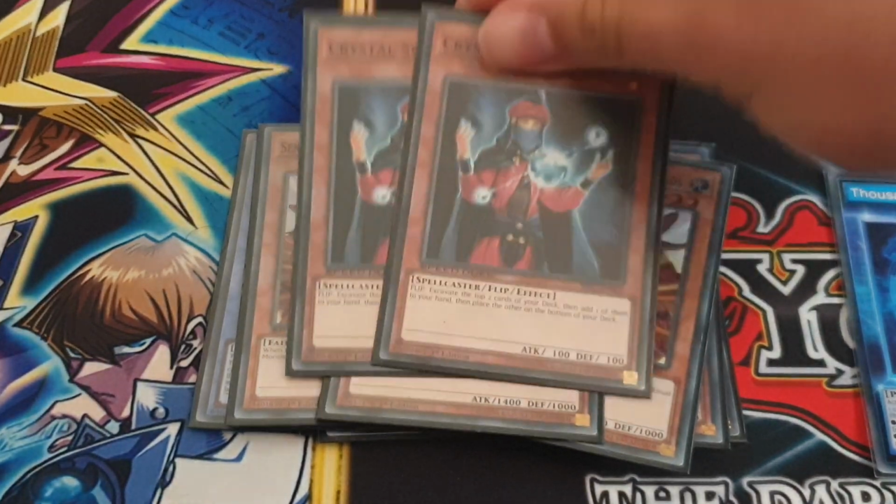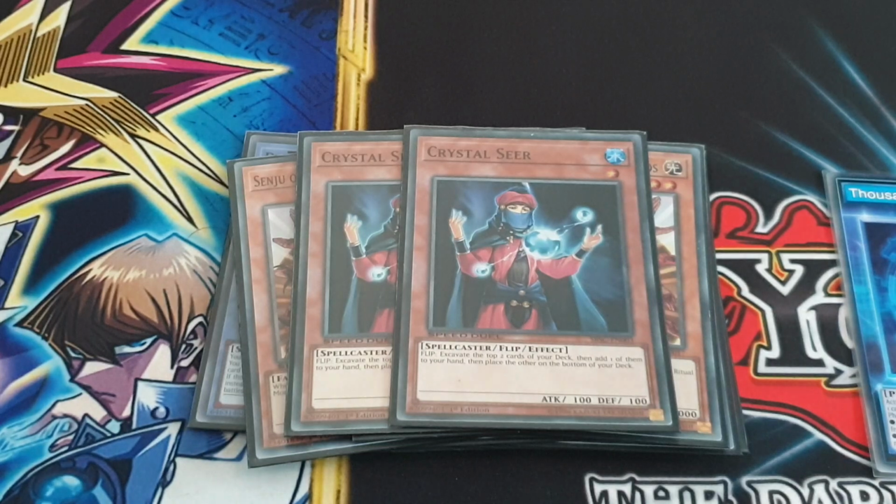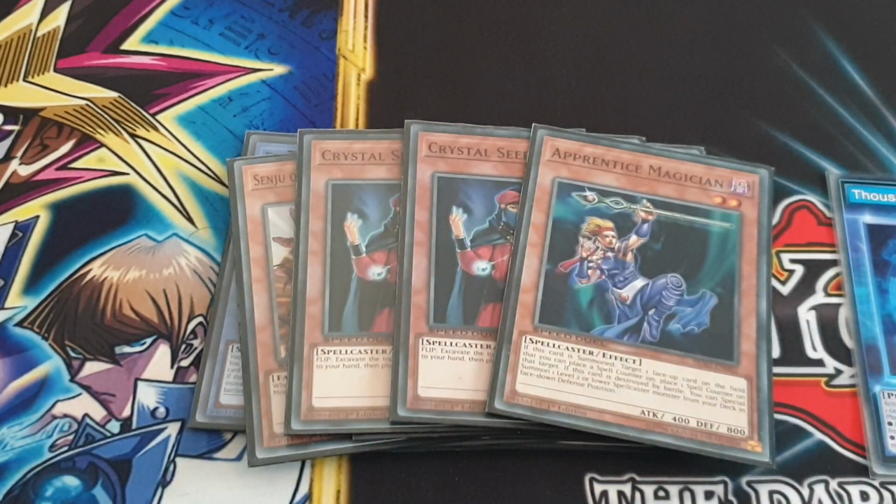Carrying on, we play 2 copies of Crystal Seer and the 1 copy of Apprentice Magician. So when I was building the deck originally, I thought the deck's just going to get revamped and we'd play cards such as Allure of Darkness and we wouldn't even bother with the old Spellcaster engine. But then I realised banishing our cards is not good. Whereas Crystal Seer and Apprentice Magician can help us float into smaller... Apprentice Magician can float into Crystal Seer,